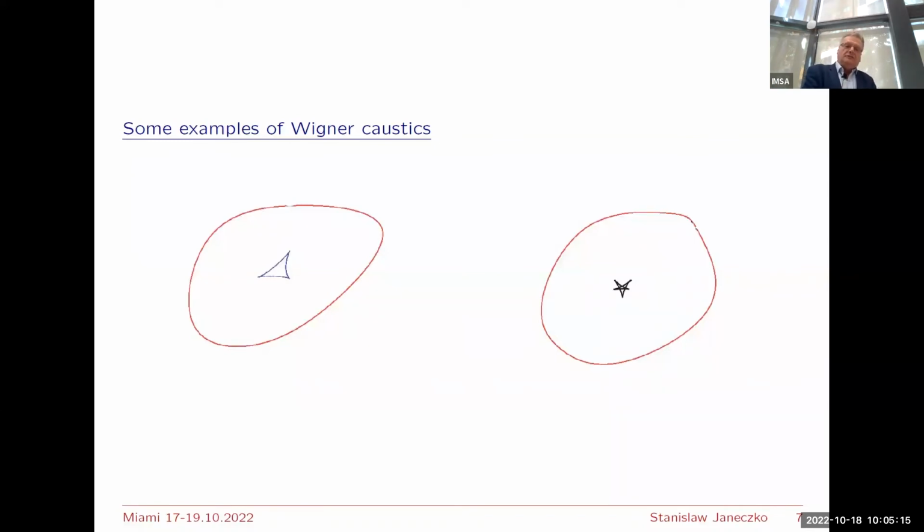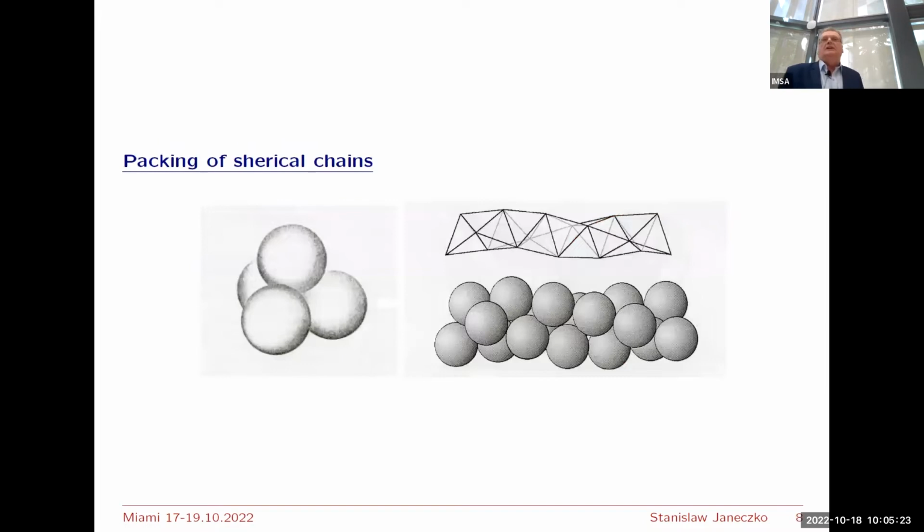But here I want to only mention that. It's not the problem of packing which I want to consider, but the problem of creating some shapes using spheres. So spherical molecules usually attach in some way, with 3 points of attachment, and so on, and you can build